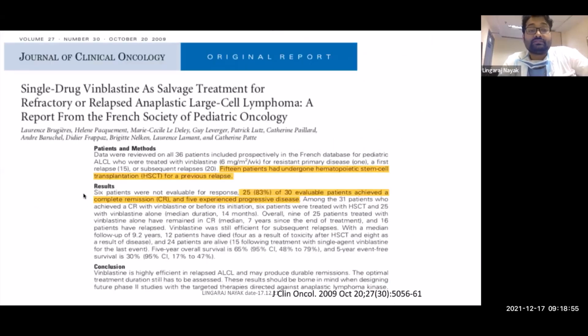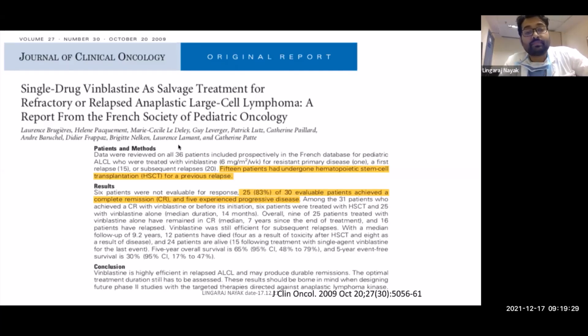Now, this is the data of single agent vinblastine, a French study. The study is very small, but it is a JCO paper. The reason being, of 36 patients, 15 had a history of transplant, and the drug used was only vinblastine 6 milligram per meter square weekly. And if you see the response rates, 30 patients were evaluable, and 25 attained a CR. 80% response rate only using single agent